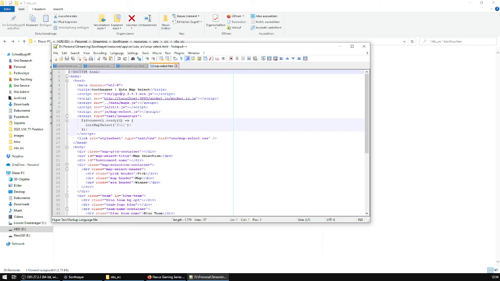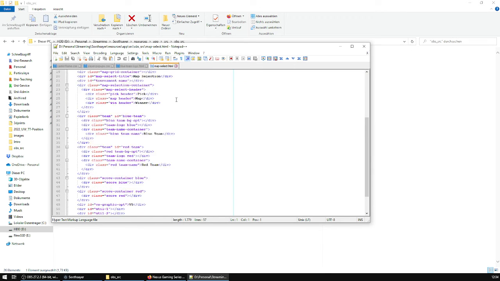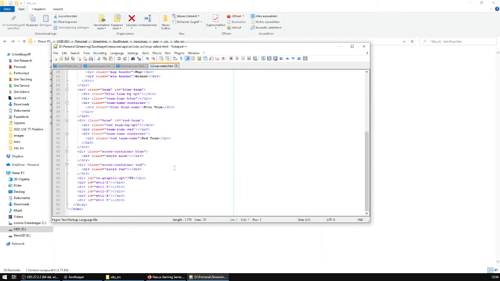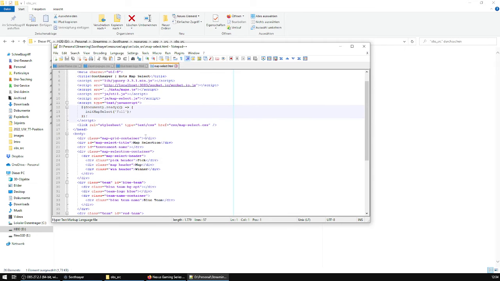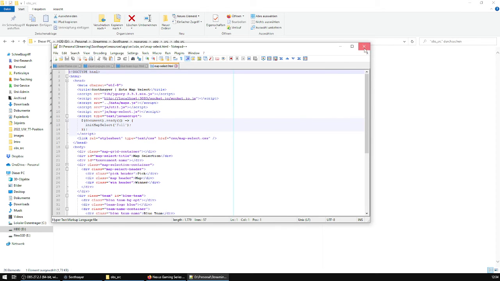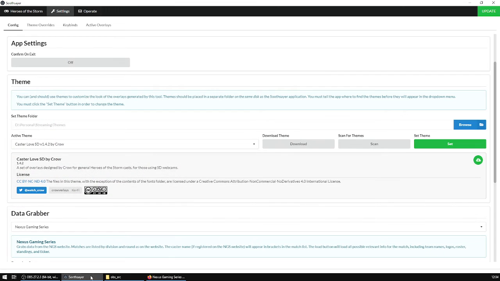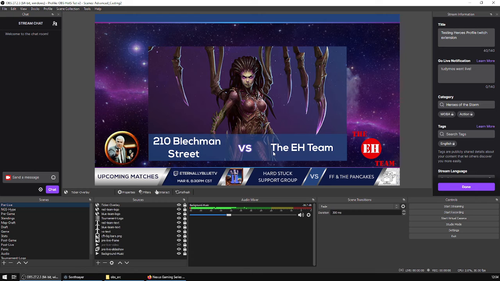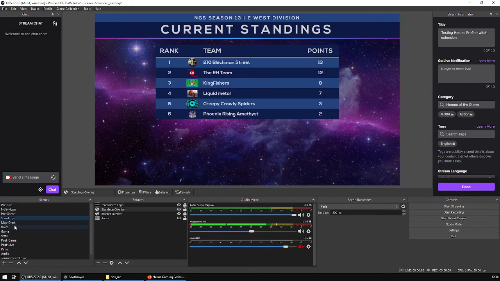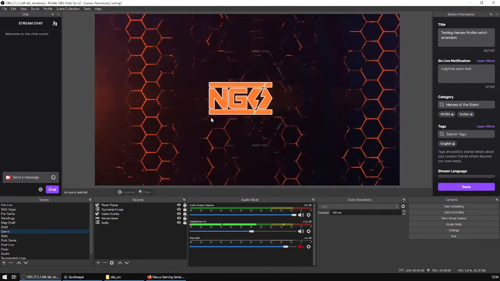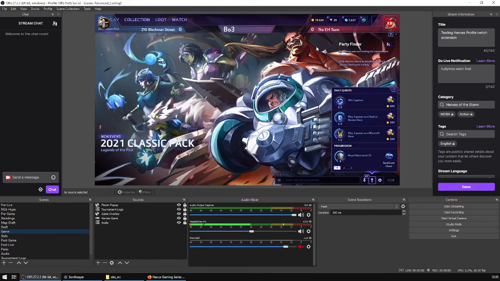again with Notepad. So HTML only tells you what is being displayed, but it does not tell you how things are being displayed. The CSS file determines how things are being displayed, but it doesn't tell you what is being displayed. And together they form a homepage. And that homepage is being thrown into your OBS browser and then displayed in your canvas, so that you can have stuff like this, or stuff like this, not the video,